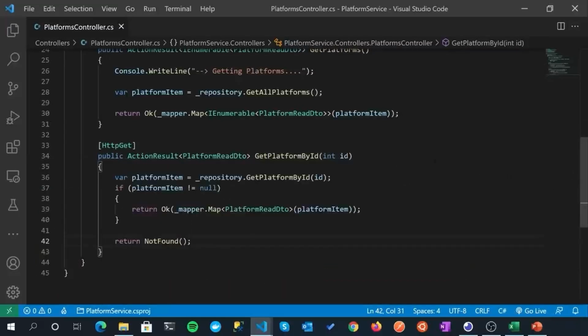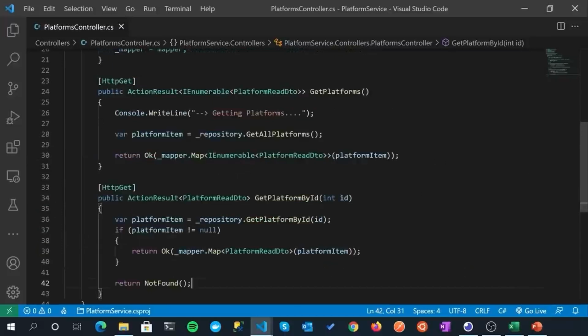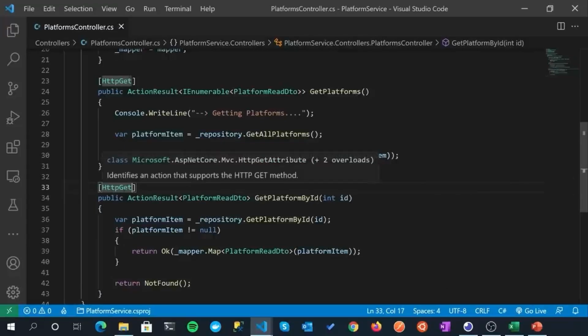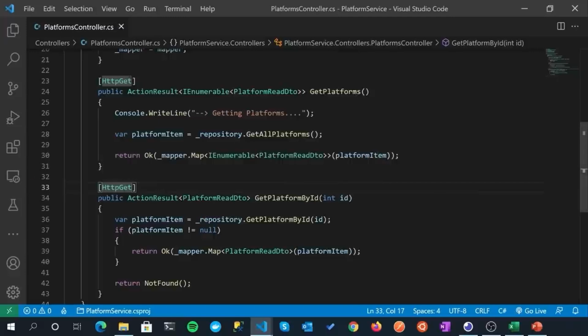So this is actually a really good example of something that I forgot to put in. You can see here we've got 2 HTTP GET requests, and it wasn't intelligent enough to tell them apart. I forgot a really important thing. We actually have to specify an additional route in here, because otherwise what that error is saying is we've got 2 HTTP GET requests, which it interprets as being completely identical. It doesn't even get down to the method signature, even though the method signatures are different. So a bit of an omission there. Let me just rectify that. So within our HTTP decoration, let me just do open brackets.